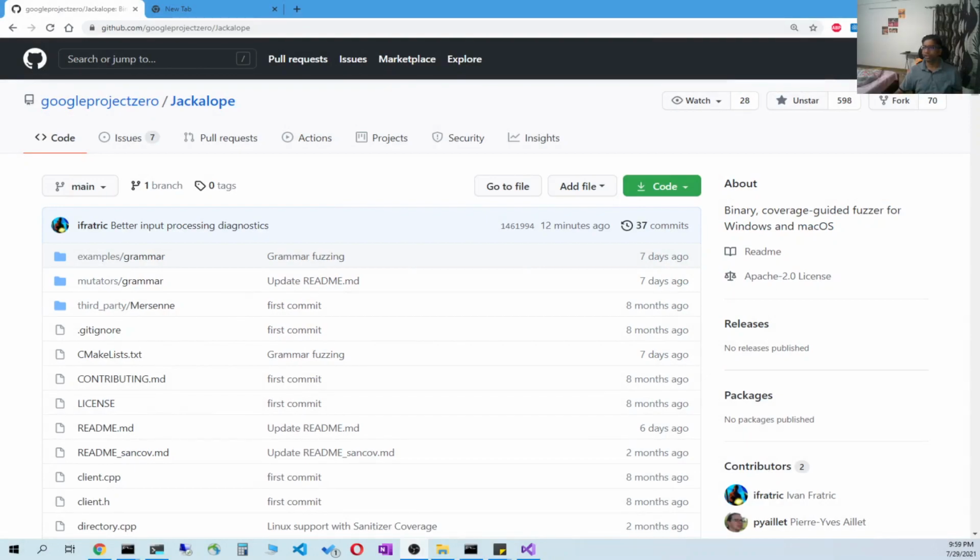So in the last video we saw how to change WinAFL to use shared memory mode. Basically, we added a feature to WinAFL which allows us to write and read input from shared memory rather than a file. That helps performance.